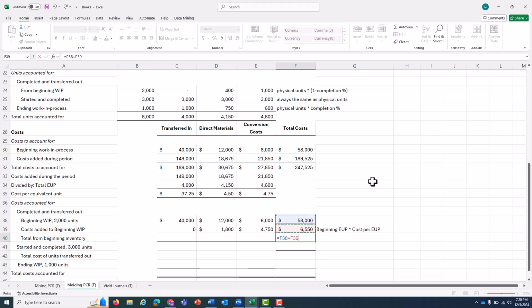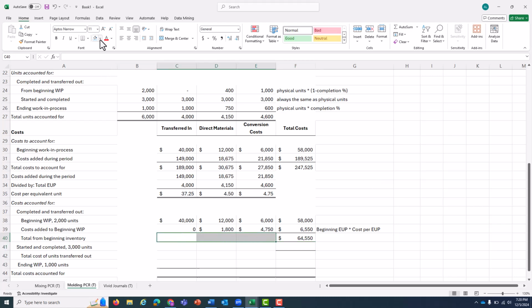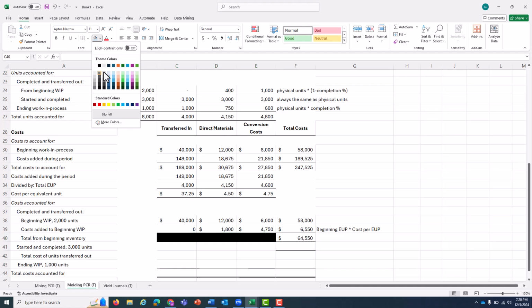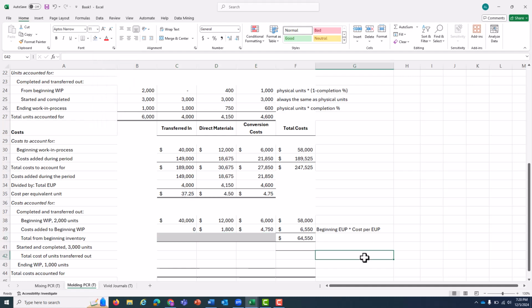And we added another $6,550 in the molding department. That is $64,550 that our beginning inventory cost us. I'm just going to change this to gray so we're not confused about this being an empty spot. There we go. For started and completed, you take your